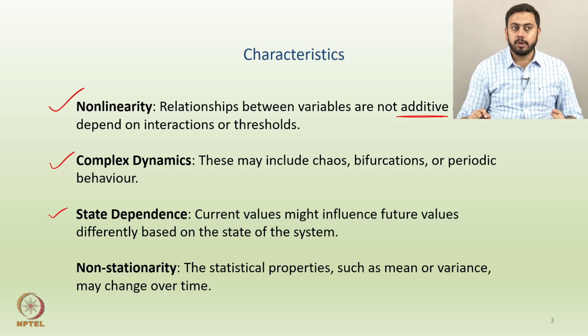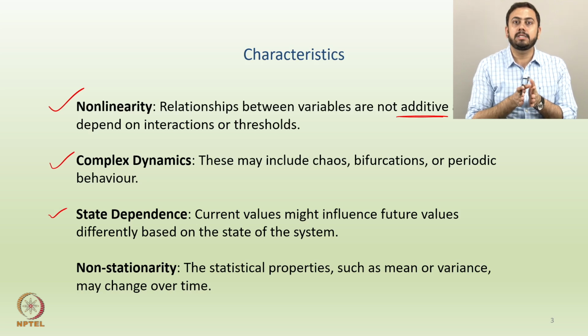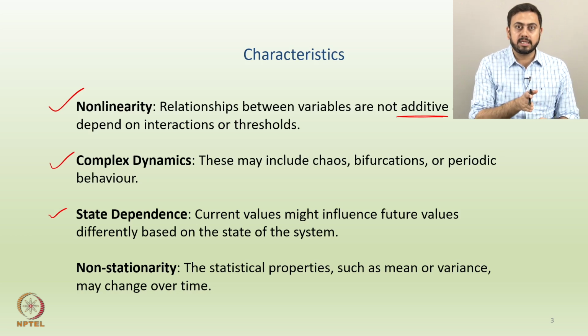Thirdly, state dependence. So, what do you mean by that? Current values might influence some of the future values differently based on the state of the system. So, this is called state dependence. So, based on which state the current time series is running in. Imagine that you have one practical time series broken down into different states, and all the states are not exactly the same. So, you have some differences between states, and as the time series transitions from one state to the other, you might require a slightly different model structure. And it also means that the current values might have the capability of influencing any of the future values differently based on the different states of the system.